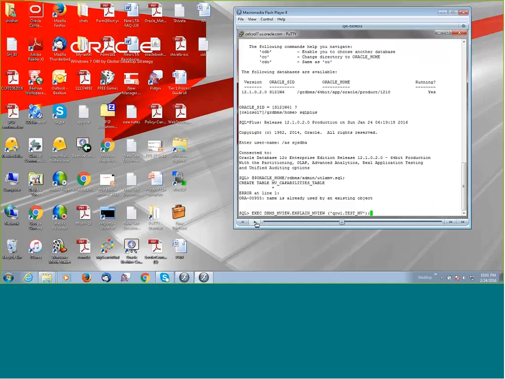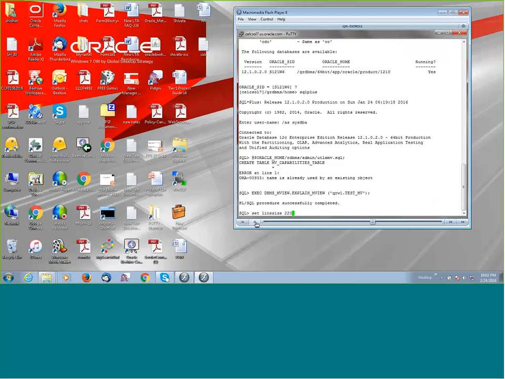Now we will run execute dbms_mv.explain_mv procedure, and we can input the materialized view name directly, as we have input here test_mv, or else we can provide the underlying select query of the materialized view that has been used for the materialized view creation. So let us run this procedure. This procedure is complete, so we will now select over the mv_capabilities_table.